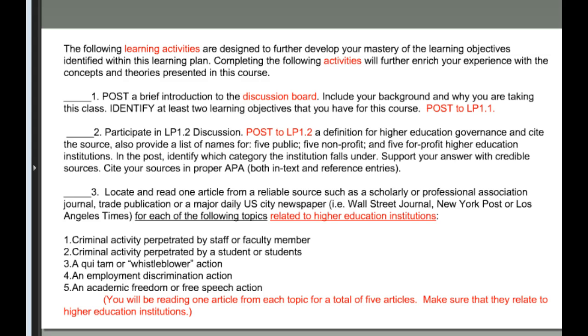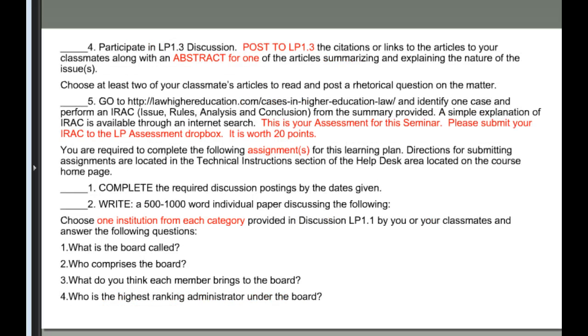So in that activity, you're going to be looking at 5 articles, one from each topic, and then those will come up in your assignment. So this will come up in your discussion. In your discussion, this is your discussion 1.3, you're going to post the citations or links to the articles and just an abstract for one of the articles. You only have to summarize one of your 5 articles. So you're going to have your list of citations and then a summary of one of the articles. And then you're going to reply to at least 2 of the